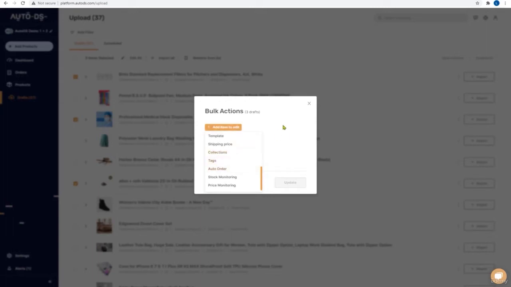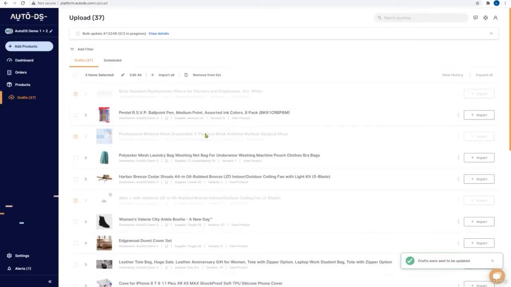For example, let's say that we want to change the tags for all of the items. You can choose whether you want to choose an existing tag or add a new one. So let's say that this is a hygiene niche, so we want to create a new tag called hygiene. Click on that and it'll create the tag. So let's go with the hygiene niche, update that tag for those 3 items that we chose in bulk, and